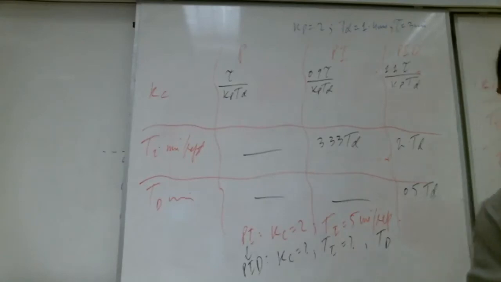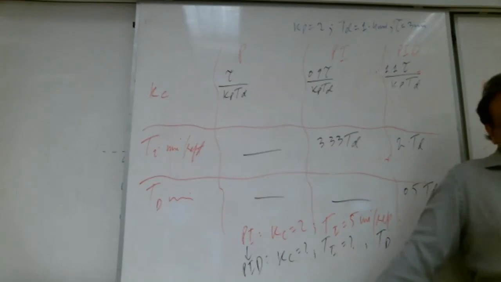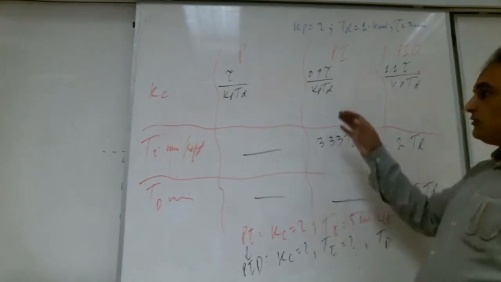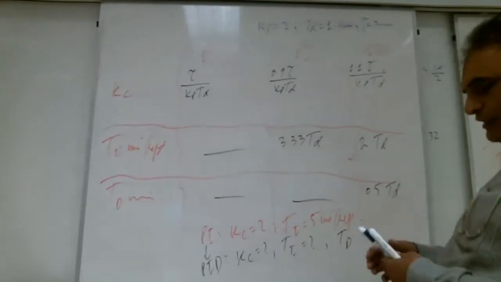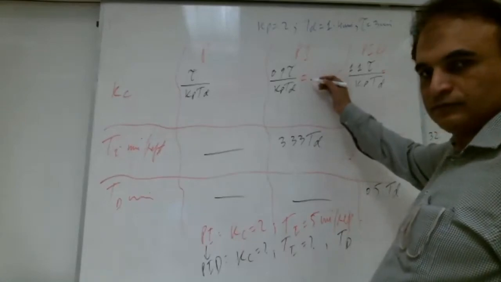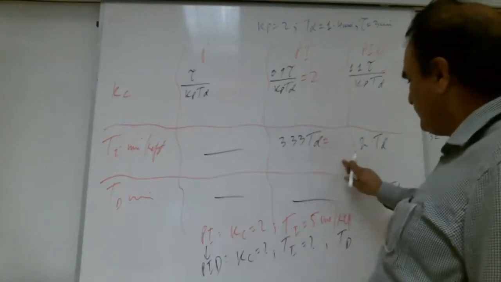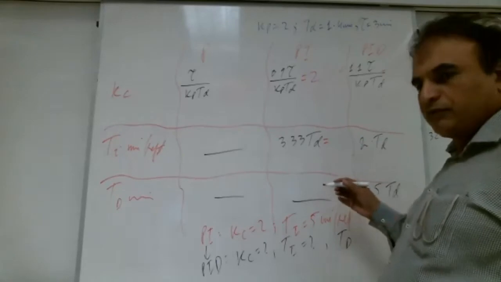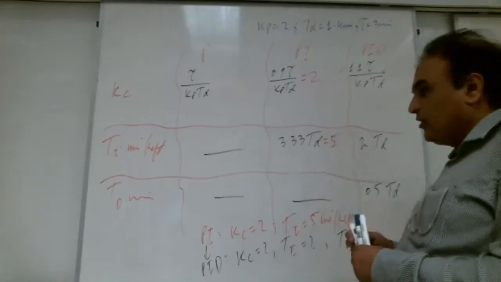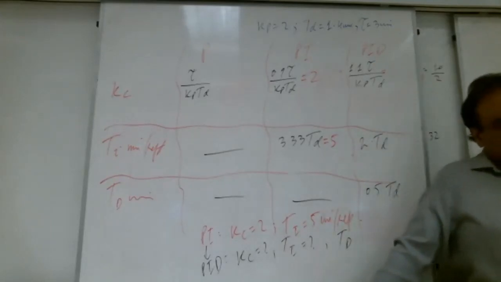Yes, Shabab. What is the procedure? What should we do? This is the table we already have, so put the values in the table. This is how much? 2. That's good. A lot of brothers are saying 2. This is how much, Shabab? 5. Very good. Now what to do next? We want to bring these values.